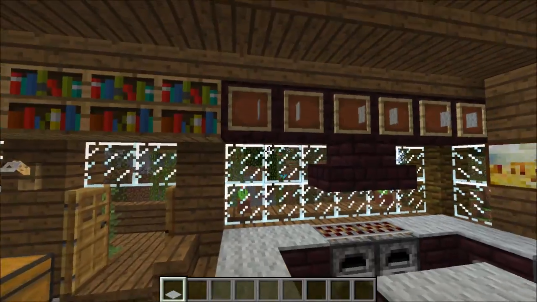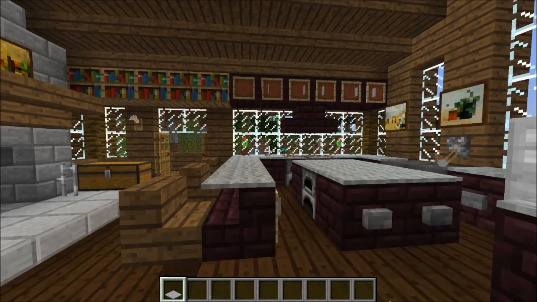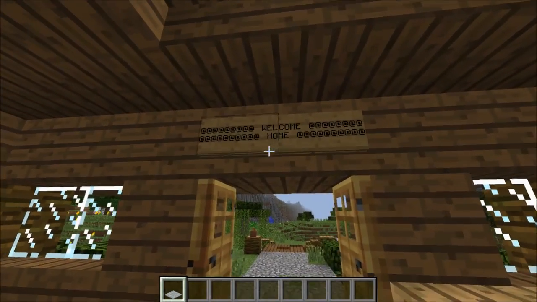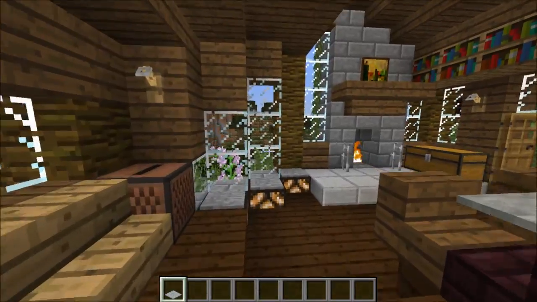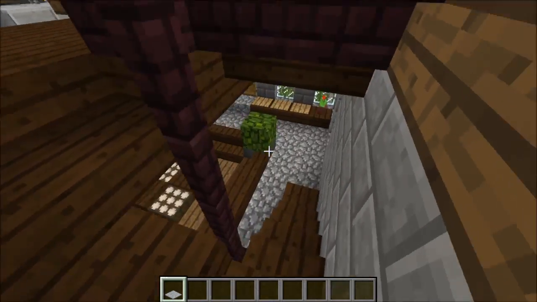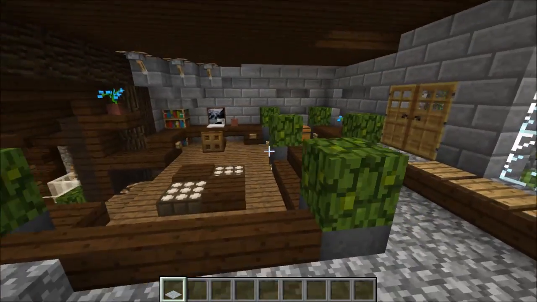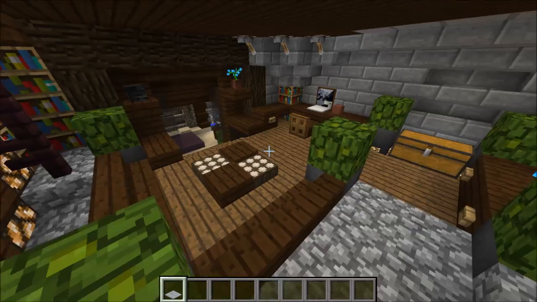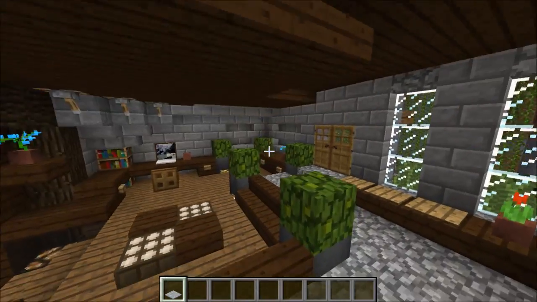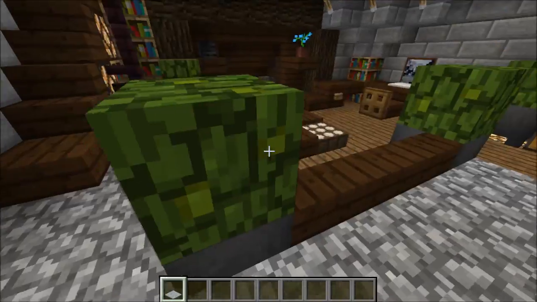Yeah, I tried to put a lot of detail into this top floor and make it feel kind of homey and welcoming. I even got a welcome home sign with some little flourishing on it. But I like the way this top floor turned out. So if we go downstairs, the downstairs turned out a little bit funky. I still like it. I don't like it as much as the top floor, but I kind of went with